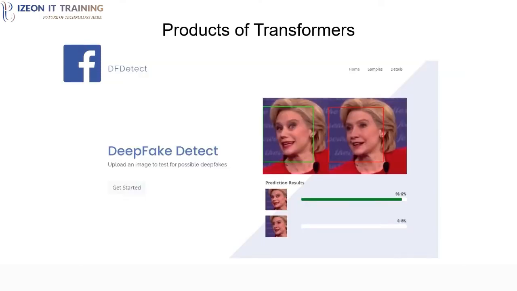Additionally, Meta's deepfake detector uses transformer-based models for facial recognition tasks. These applications highlight how transformers have revolutionized technology, seamlessly integrating it into tools that enhance our everyday lives. In conclusion, transformers are changing the tech world by enabling smarter, faster, and more efficient AI systems. Whether it's generating text, translating languages, or enhancing search engines, these models are the cornerstone of modern